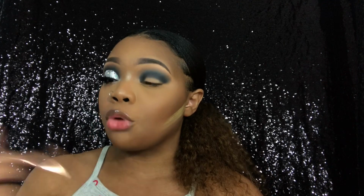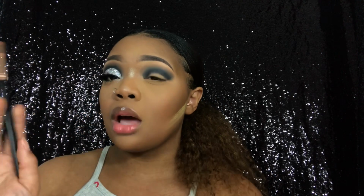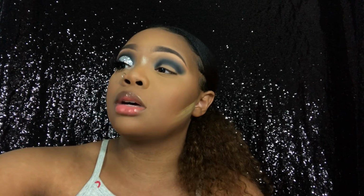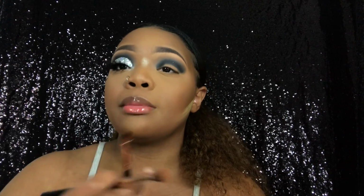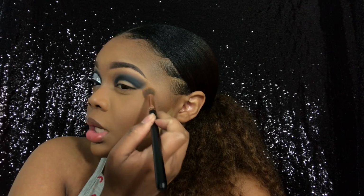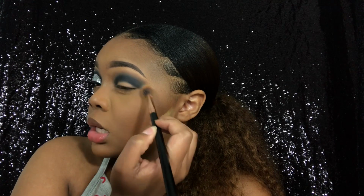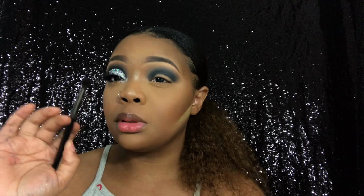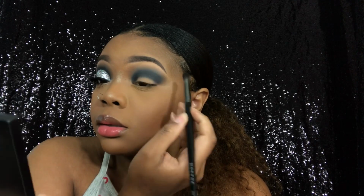Before we go back into more black, I'm going to take the brush that I use. By the way, I'll link this whole set down below because I actually love this brush along with the packing brush that comes in the set. It's one of my favorite packing brushes. I'm going to take it and just lightly tap over here to help me blend that out, and also clean it up so it's not all the way down here. So I just picked up a little bit more black